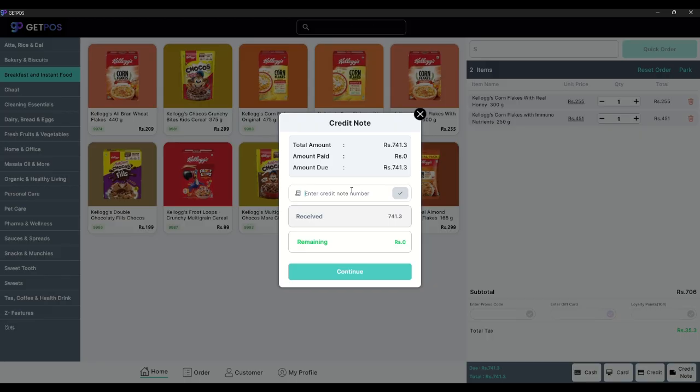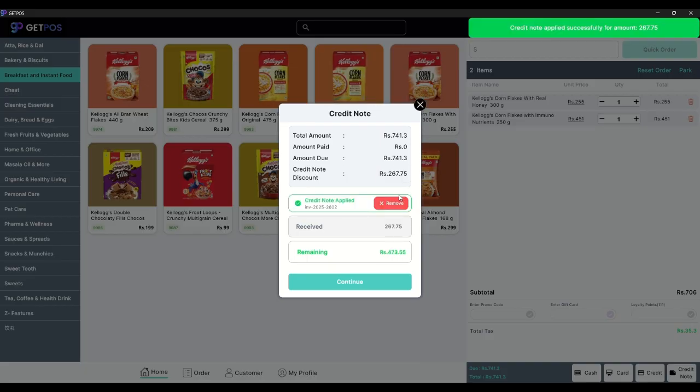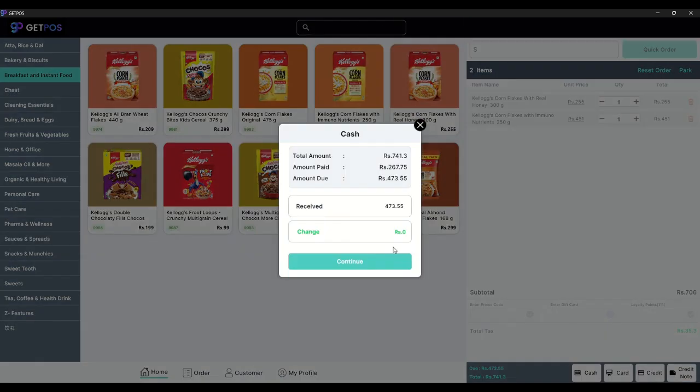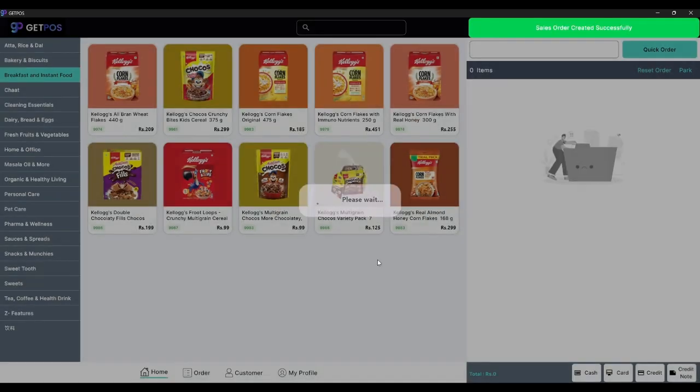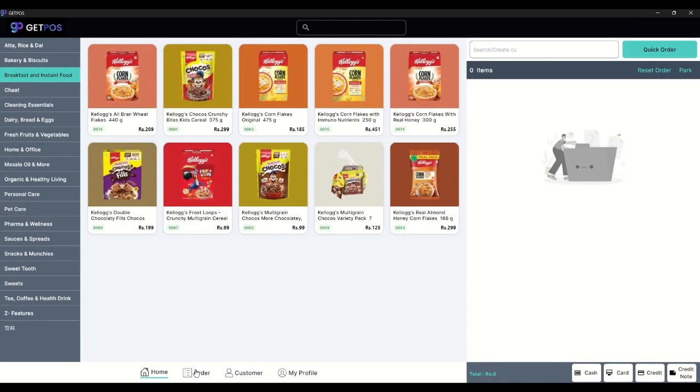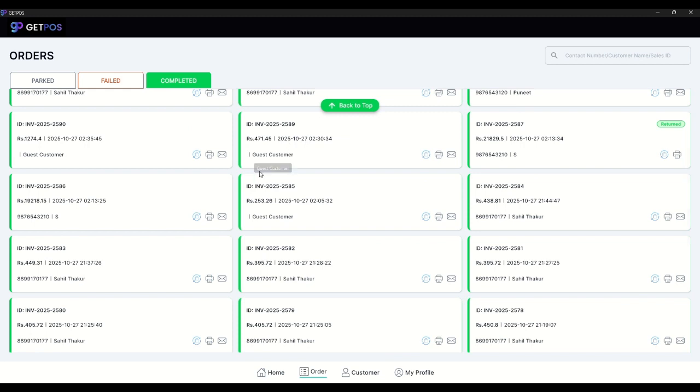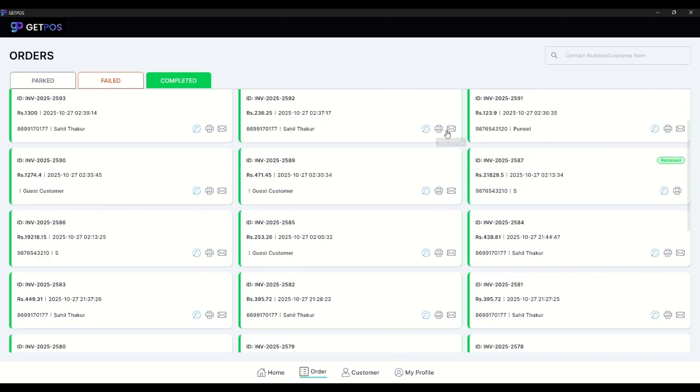Here the cashier can scan the barcode on the invoice. We'll have to fill it here. Credit note has been applied, and the rest of the amount can be paid in whatever mode of payment we want to pay in. Now the order has been completed. Here all the order details will be provided, and invoice can also be printed from here. Now we'll move on to the next